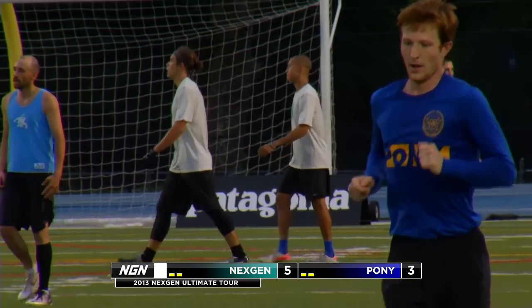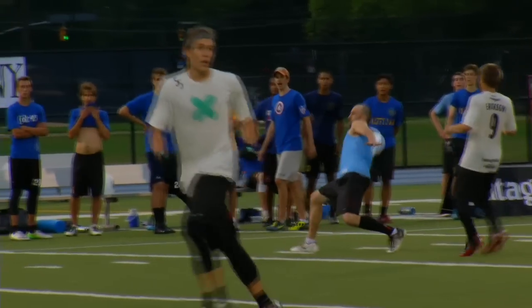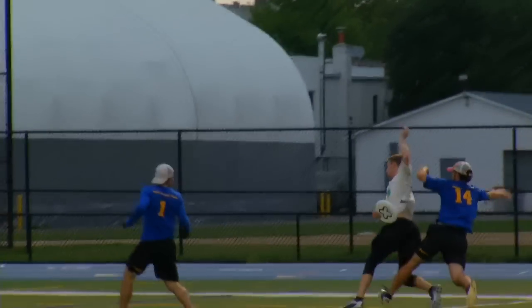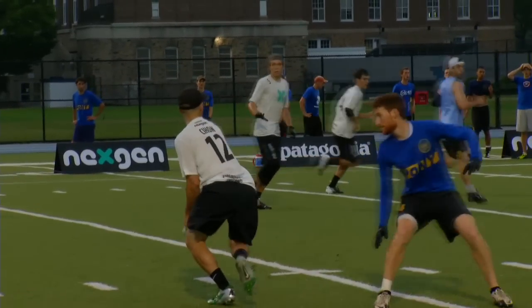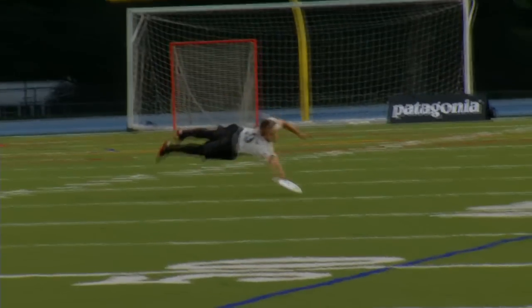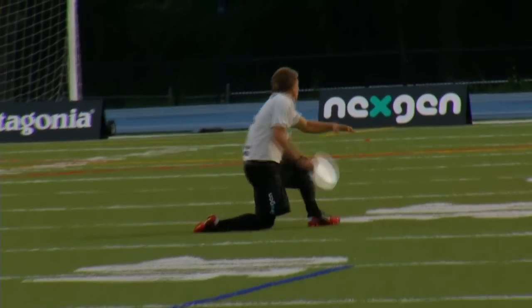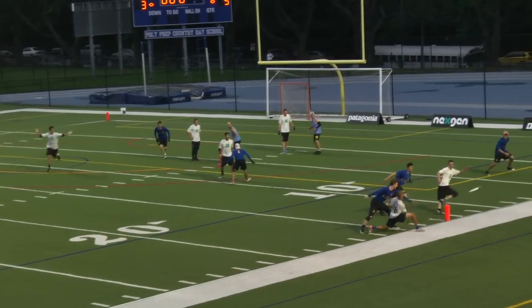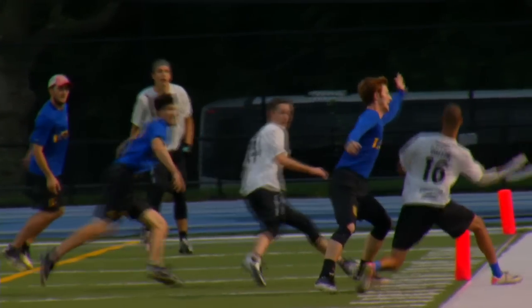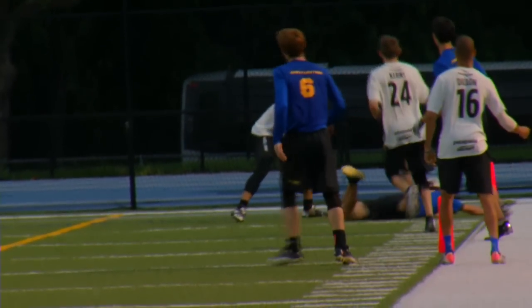So the thing to watch here is whether PoNY starts to fold in some new O players. After a couple breaks, a long point. Here we're watching that play from Eli again. That really shouldn't be a good job, but I guess they're doing a good job. As we saw, Erickson saves the turnover, and here we're going to see that tight throwing window that Dillon hits to Aaron Hahn. Making that play,